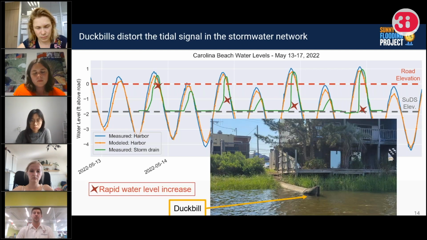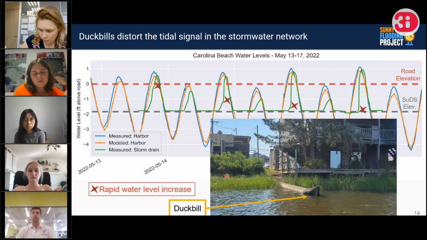The town has installed duckbills, like the one pictured here, on stormwater outfalls that are supposed to keep water in the harbor from backflowing from the harbor into the stormwater system and out onto the roadway. SUDS data show that these valves are only partially effective in preventing flooding. They can hold back water temporarily, but at elevated water levels in the harbor, duckbills no longer prevent flooding. This may be because floodwaters can bypass duckbill valves by overtopping low-lying shorelines and moving overland to the road and